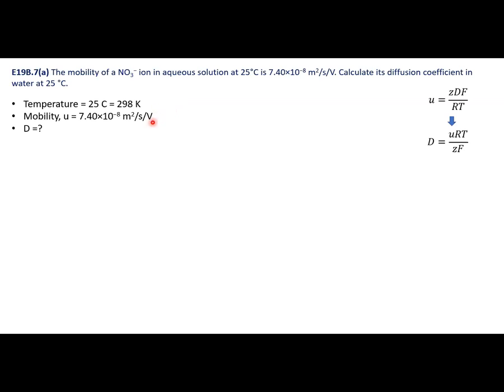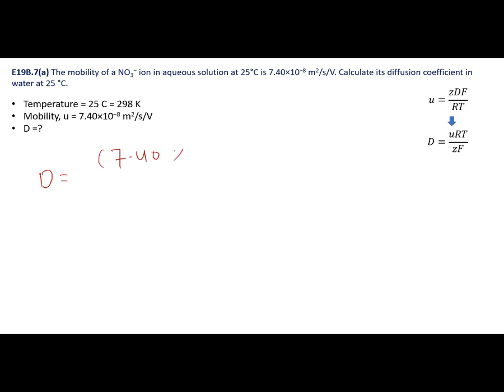So we know the temperature and mobility, and one equation that relates the mobility to diffusion coefficient is D is equal to uRT over zF. So basically we need to calculate D, and again it's a straightforward equation. Let's plug in all the details. So D is equal to,